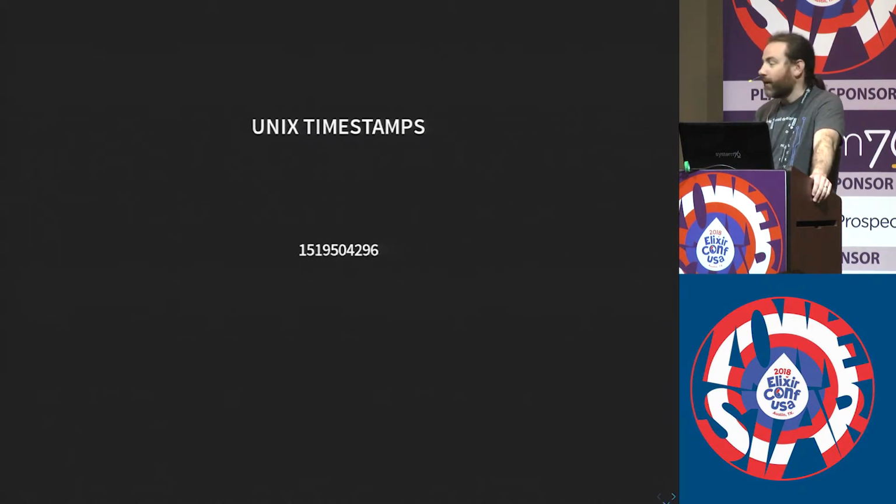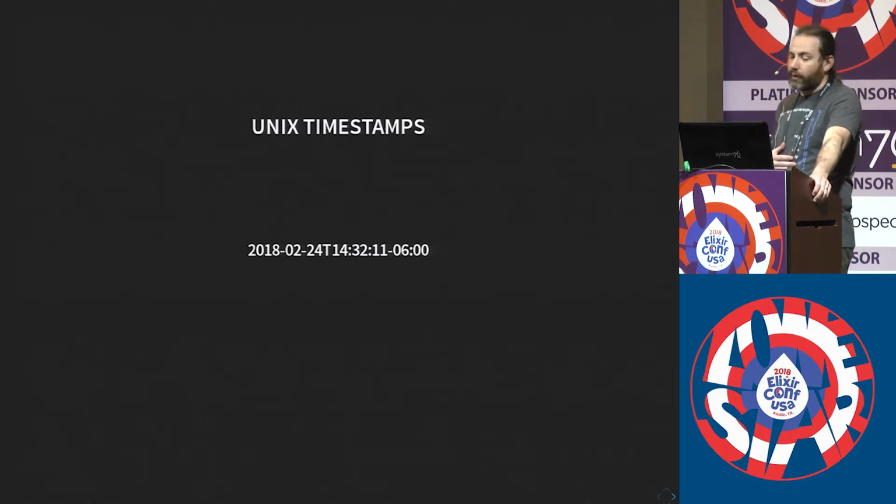Another quick example. Who likes these? Yeah, these are a pain to work with. I'd much rather be working with something that looks a lot more like this. But all of our timestamps in our database are UNIX timestamps. They're integer columns. And the old code base just does a whole lot of integer math and a whole lot of explicit conversions, and it's a mess. And I'm kind of amazed it's not buggier than it is. And we didn't want to do that in our new code base, so we